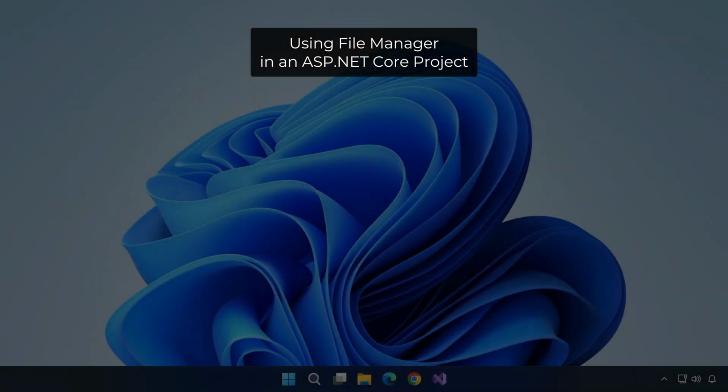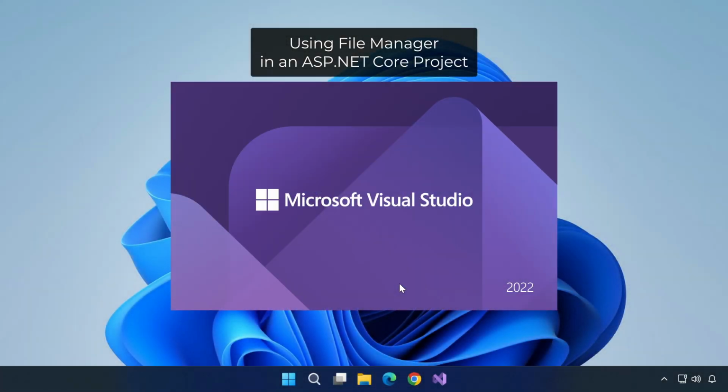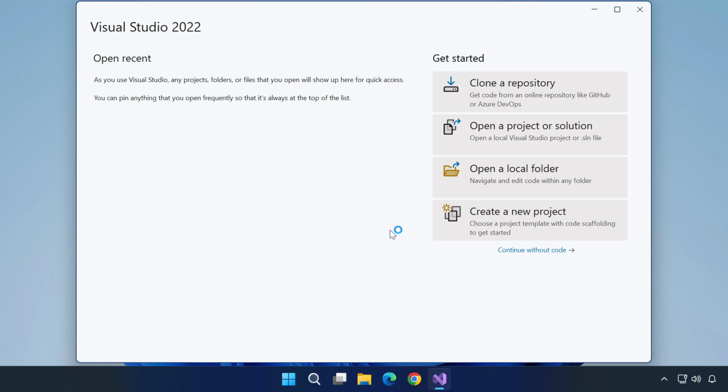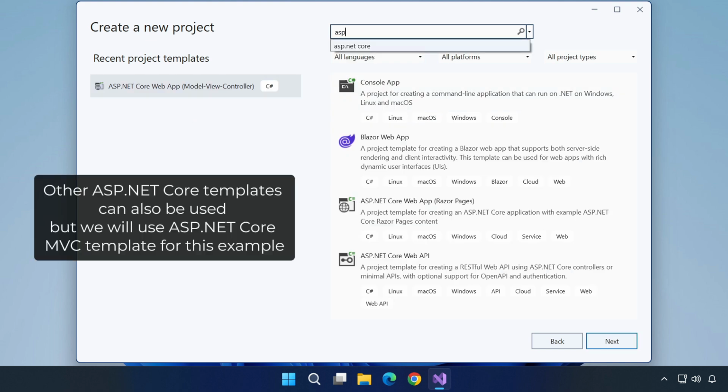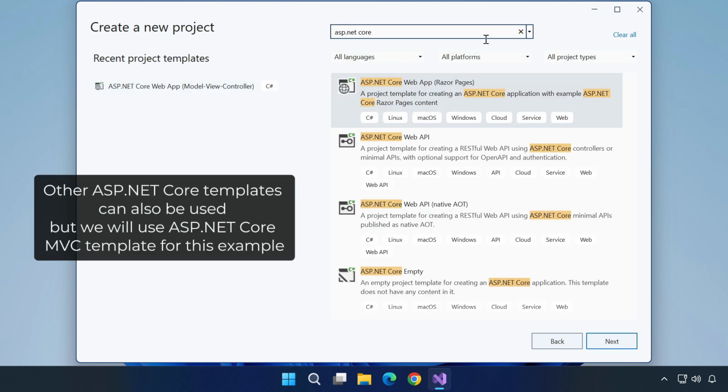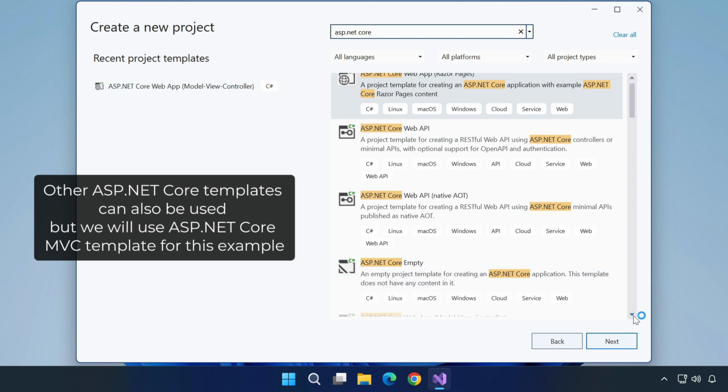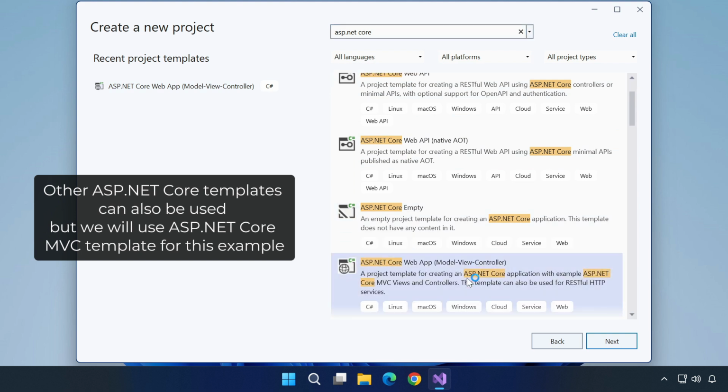Using File Manager in an ASP.NET Core project. Other ASP.NET Core templates can also be used, but we will use the ASP.NET Core MVC template for this example.